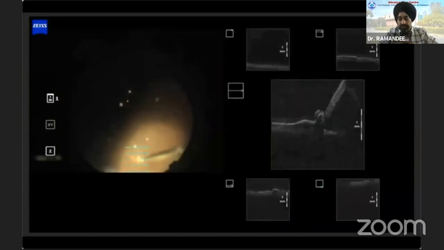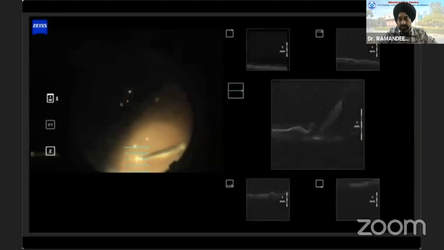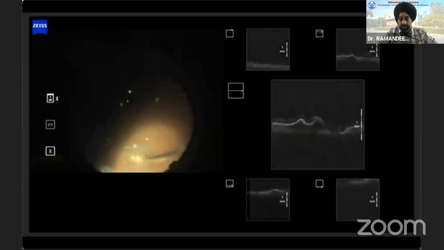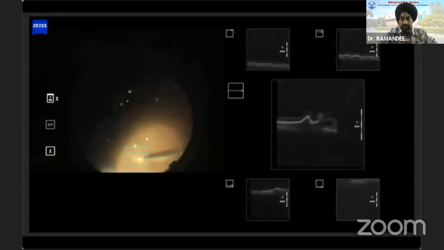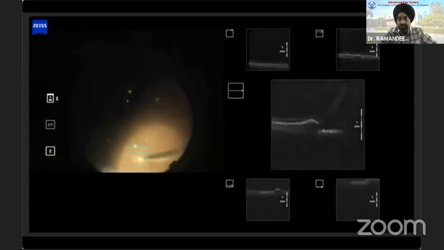You see that MIOCT has been used in this case. We can appreciate the movement of the cells within the silicon tip cannula, making sure that what we have gone inside the eye for, we have achieved. So in the end,